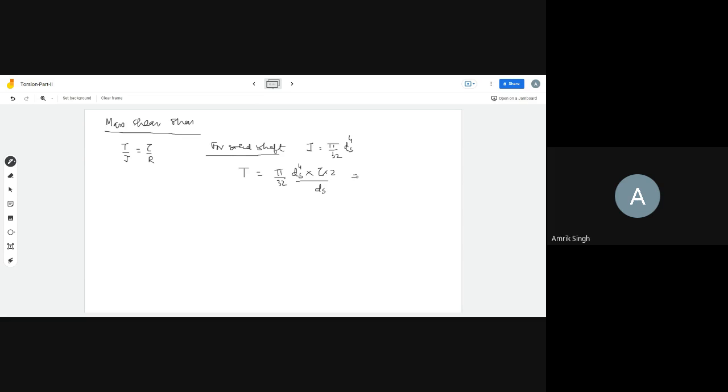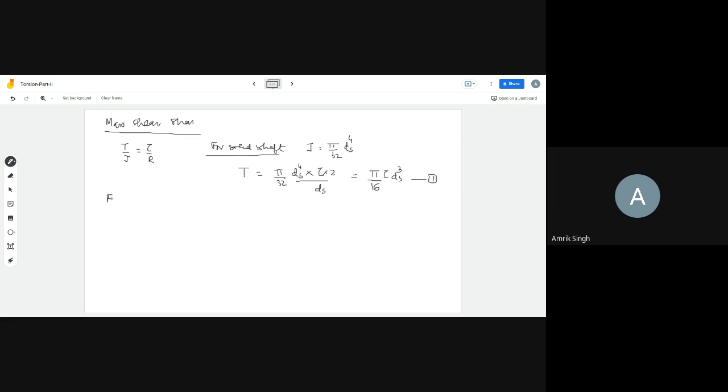So this becomes pi by 16 tau ds to the power 3. This is equation number